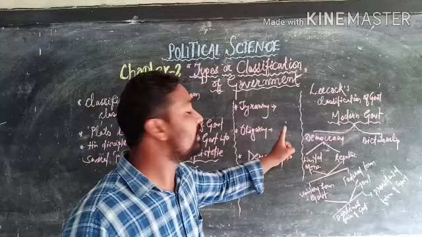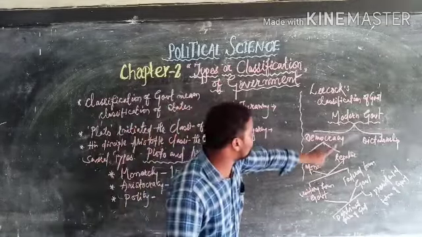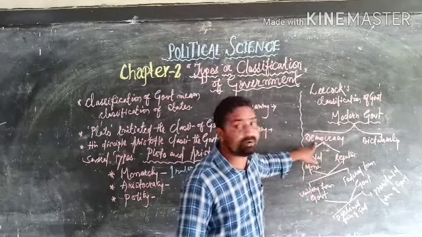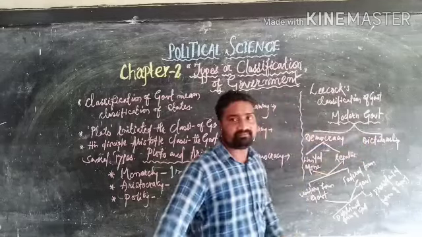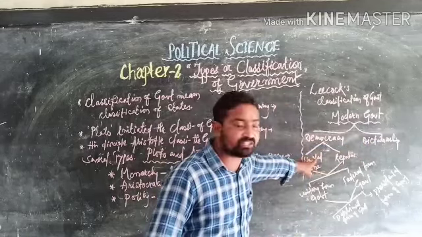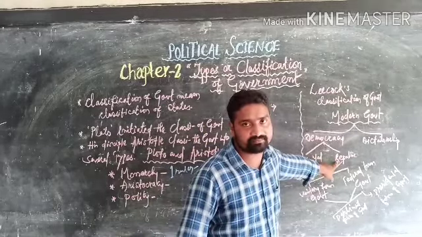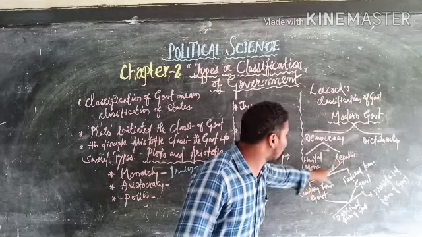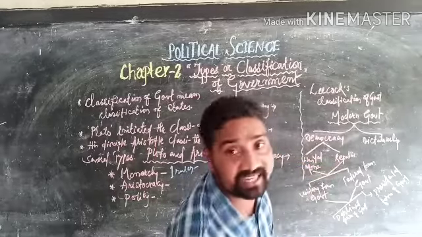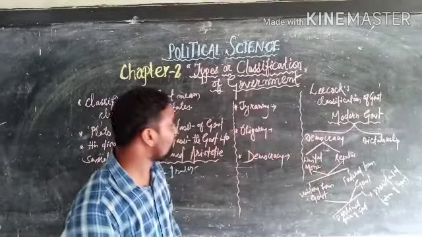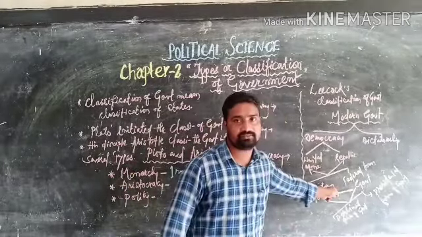It's also known as modern government. So first of all, let's see. He classified modern government into two types, that is democracy and dictatorship. And again, democracy is classified into limited monarchy and republic. And these two forms, limited monarchy and republic, are again classified into unitary form of government and federal form of government. Okay?